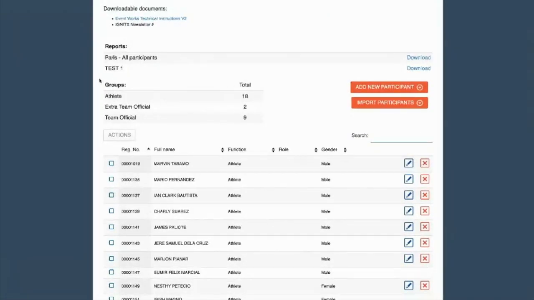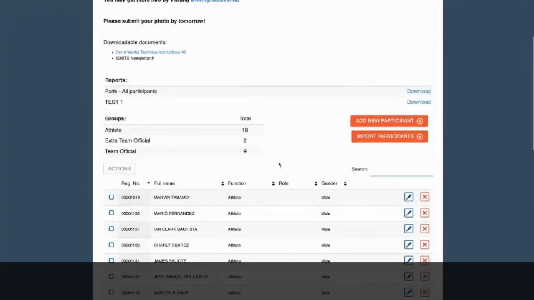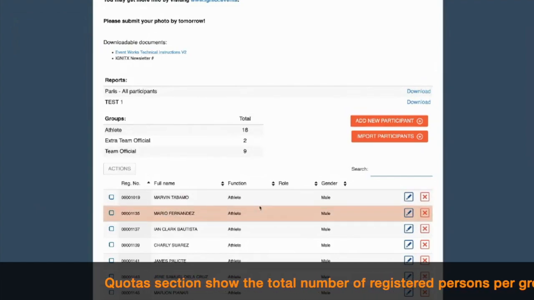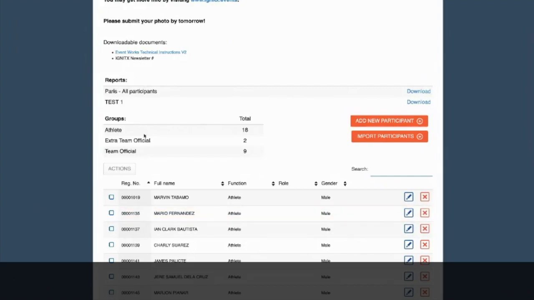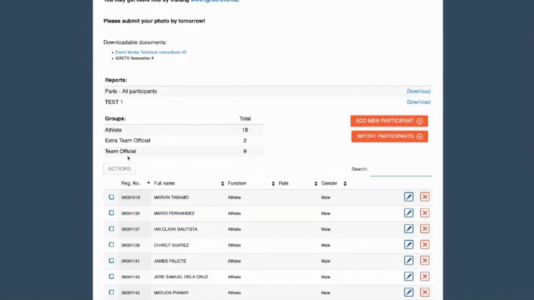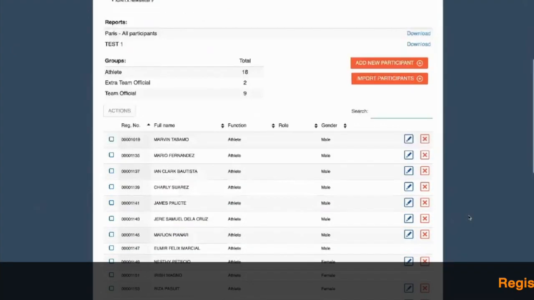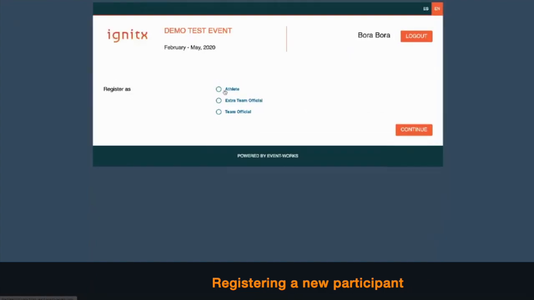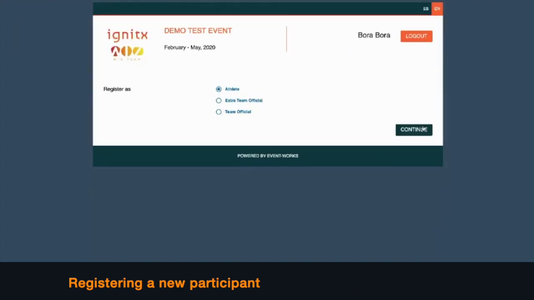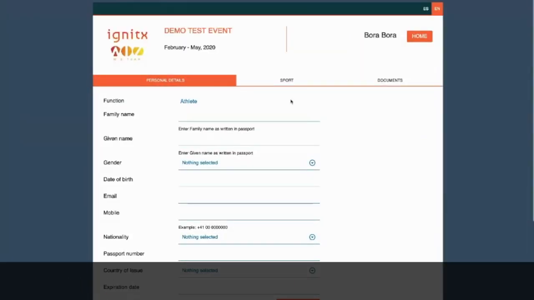Then the third section of this partner module is the quotas. These quotas show you how many people are registered in the different groups that have been defined in the back office. So if you define 3 different groups for the partner, which is athlete, extra, and team official, then it will calculate how many people you register here. If you have a new participant to register, you just create a new participant, athlete, and once you select the group that you want to register this person in, you will come to this